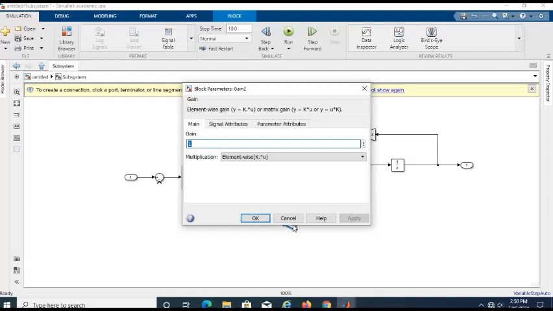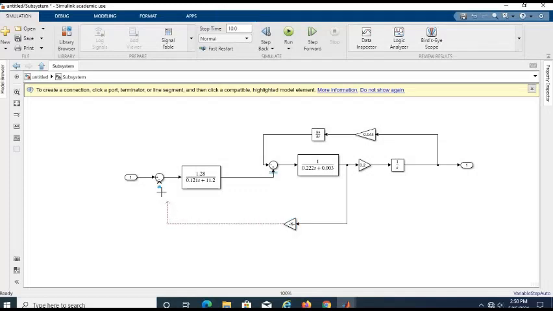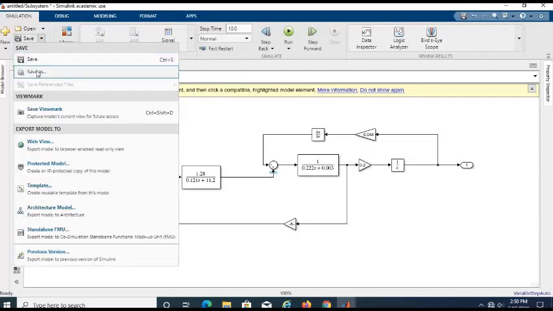The value is 1.25. Now we have successfully developed our model. If you want to save, you can save it. Save, give the name, for example, save as.